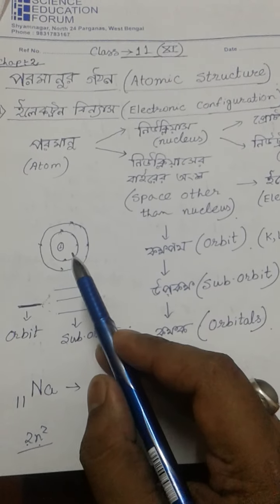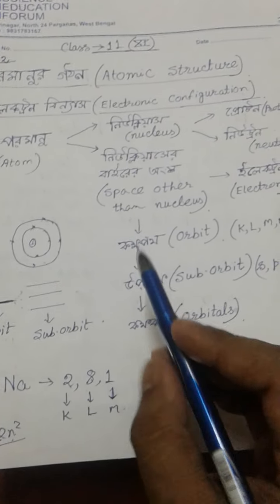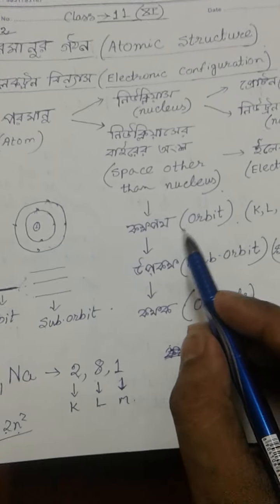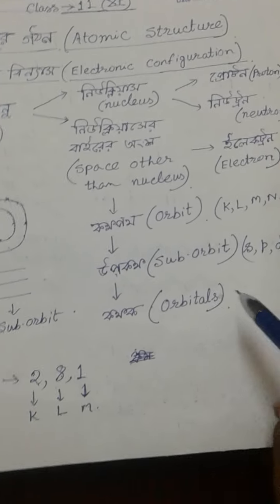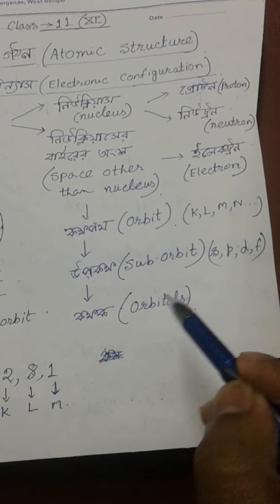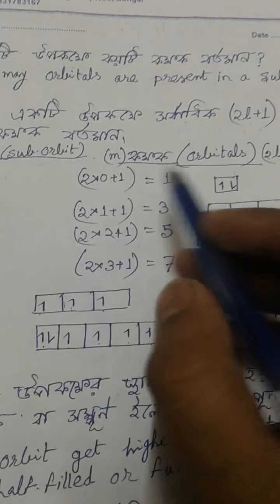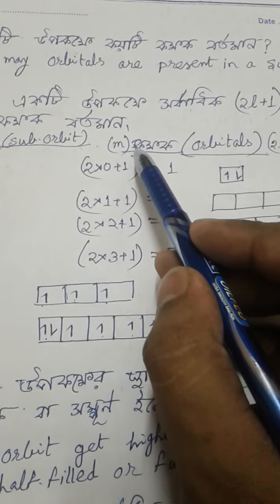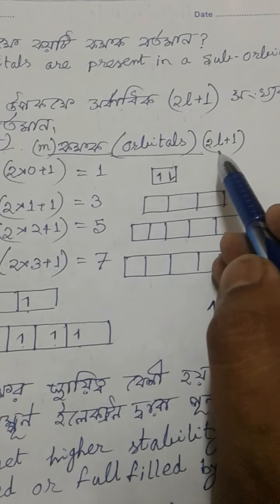The electrons rotate in a circular path surrounding a nucleus, known as an orbit, and we can split an orbit into suborbits and suborbits into orbitals. We represent the suborbits by S, P, D, F, and the orbitals we can represent by boxes. These are the orbitals. Now we can write orbitals by m,